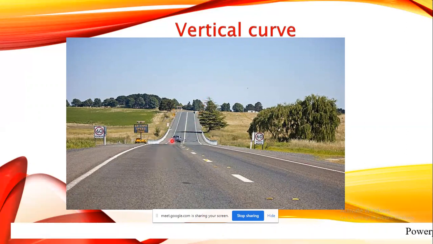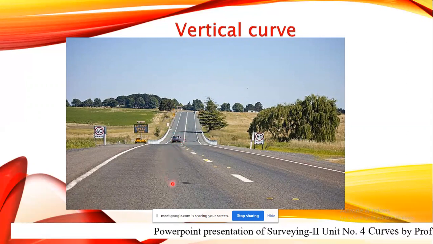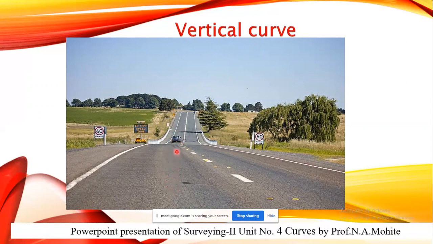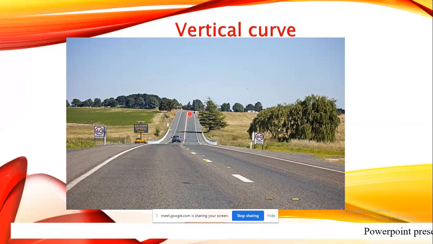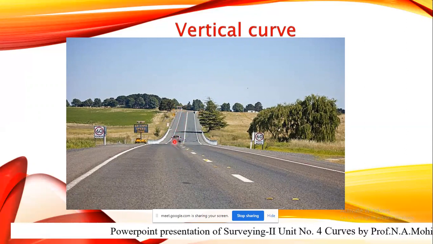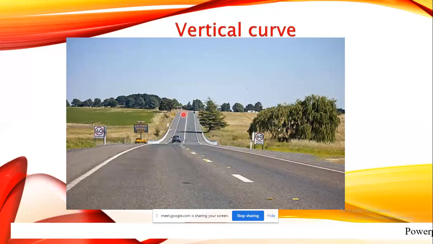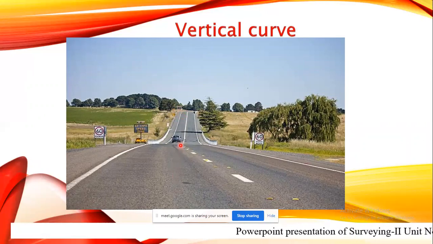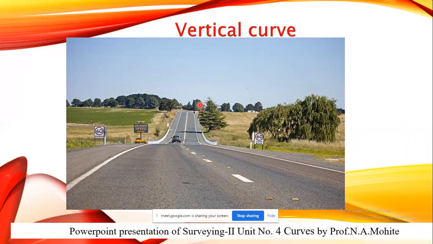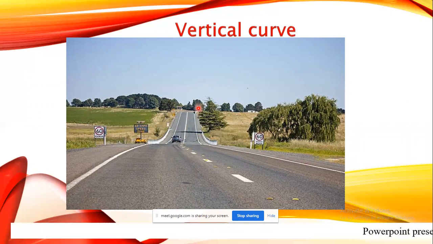You can see here a slope is there. The car which has traveled from this position has gone to the bottom position. So it was on an up gradient, then followed by a down gradient. Again it is going to climb here. So again, it will be a down gradient followed by an up gradient. A rising gradient may be followed by a falling gradient, and again a falling gradient followed by a rising gradient, and vice versa.